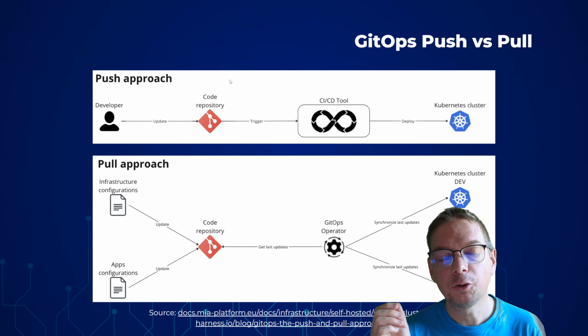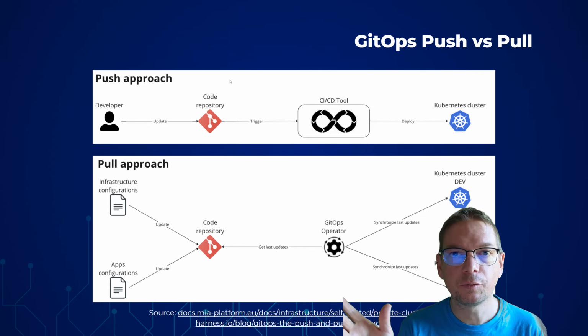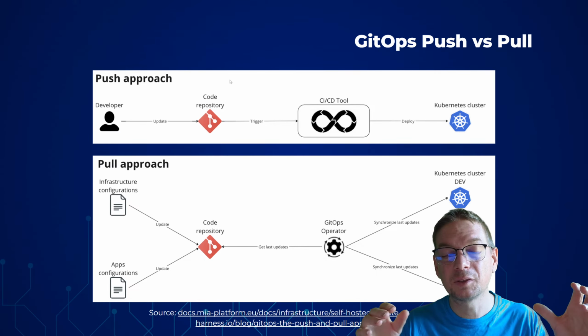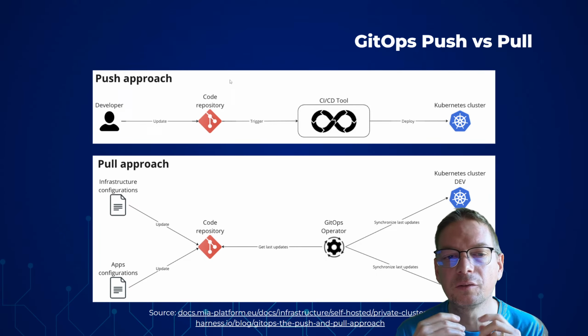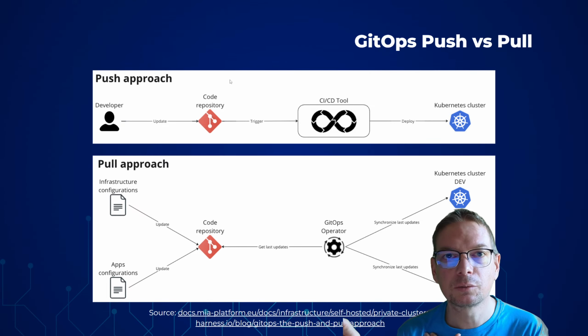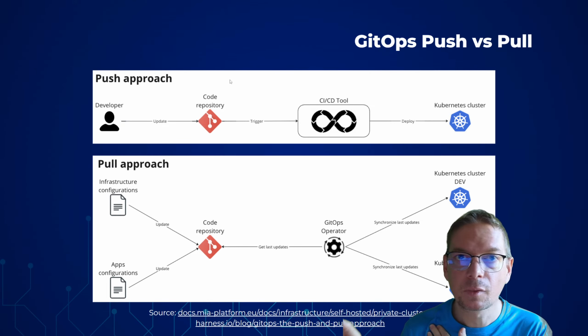But the flow is from an action from Git that will push it to the environment, which kind of works, but you will never have one pipeline to manage everything. So you will sometimes have a lot of pipelines on the same environment. So it's kind of complicated to orchestrate all of this. And also, there is no control over any potential drift on what's running on your system.